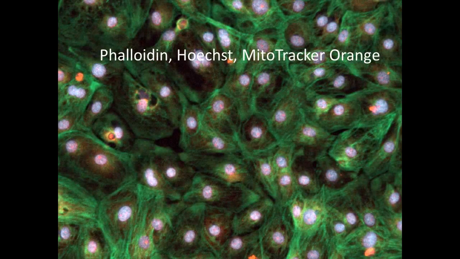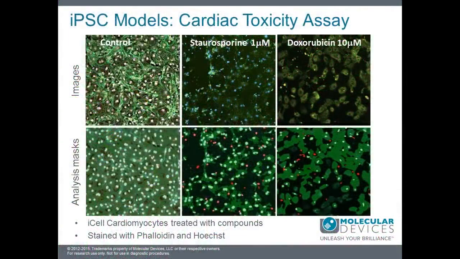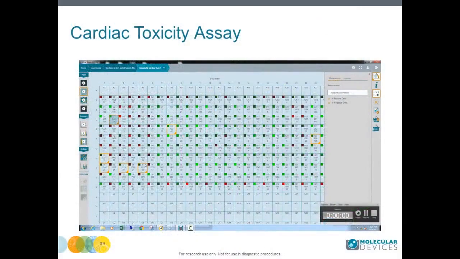Cell staining includes the combination of several dyes, as we described before. Here you can see the images of control cardiomyocytes and cells treated with staurosporine or doxorubicin. We tested the panel of known cardiotoxic compounds, and to evaluate cardiac toxicity, cells were treated for 24 hours. Readouts include nuclei count and intensity, also cell area and stain intensity, and also the numbers and percentage of positive or negative cells. For cardiotoxicity assay, live cell analysis or cell scoring analysis was used.